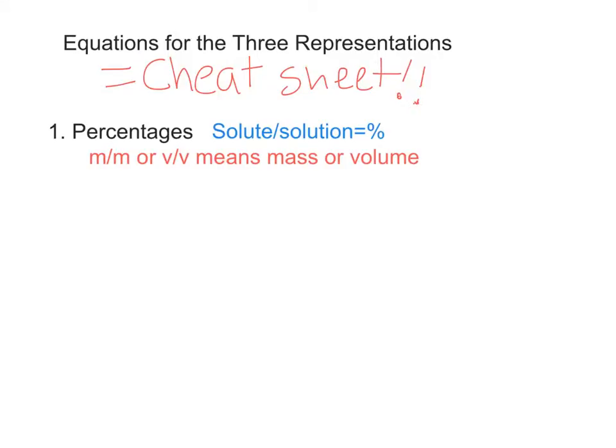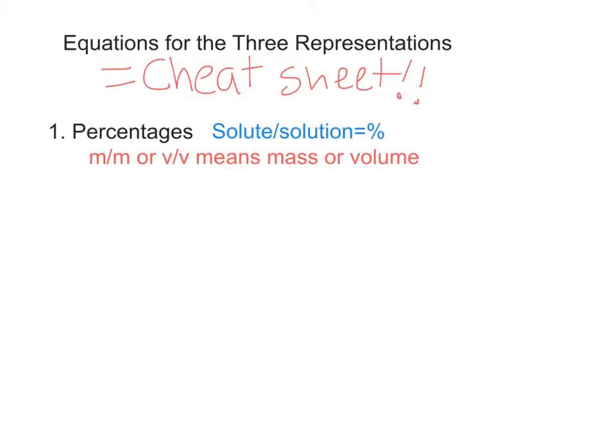Some problems are going to give you the total solution and the percentage. So for example, in a 500 gram solution, that's 50% solute. How many grams are solute? So 50% of 500 grams is 250 grams of solute. Other problems are going to give you the amount of solutes in solution and ask you to find the percentage. So either way, this equation, you might have to rearrange it, but that's the equation you use for any percentage